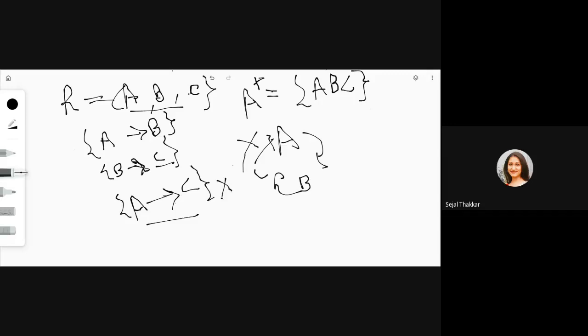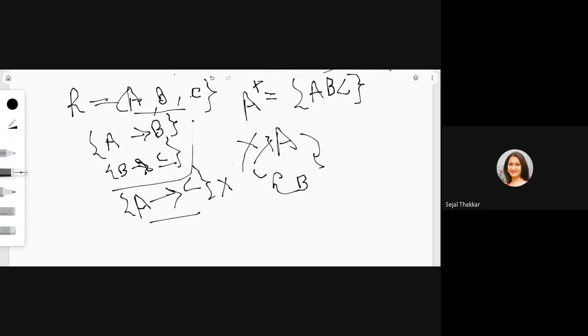This is the extra or transitive dependency that you have to remove, because from these given two, you are going to get all the attributes. You are deriving all attributes, right? I told you that if one person is able to do the task alone, then there is no need of assigning the same task again and again to everybody, right? So this is the transitive dependency that you have to remove. So A tends to B and B tends to C is your answer.